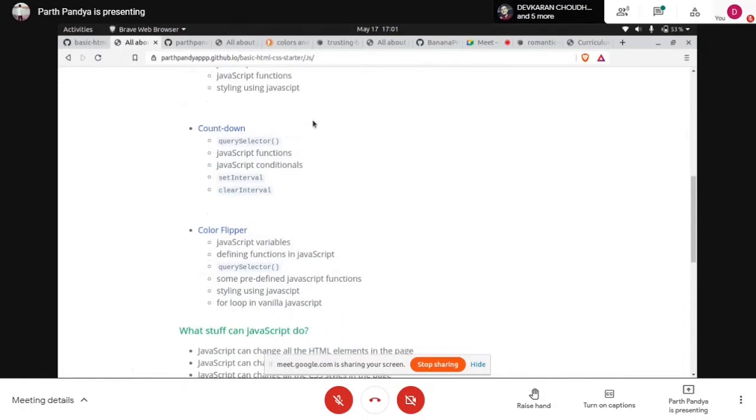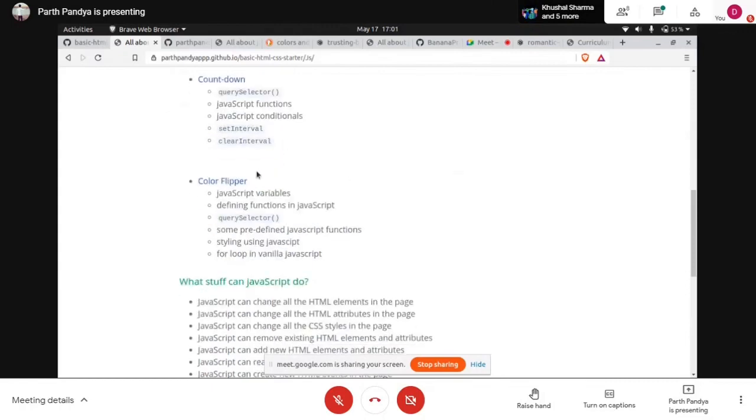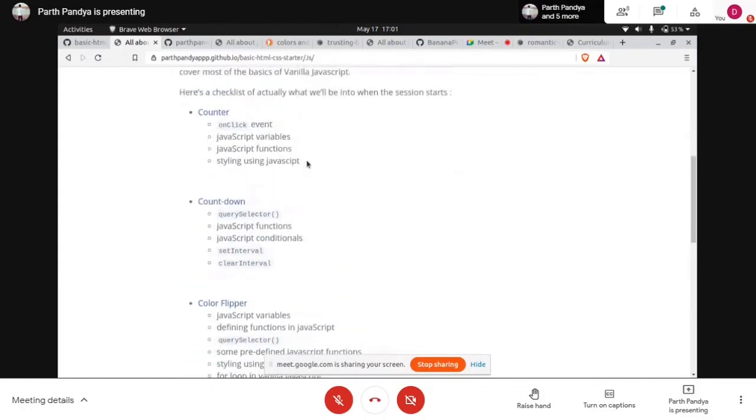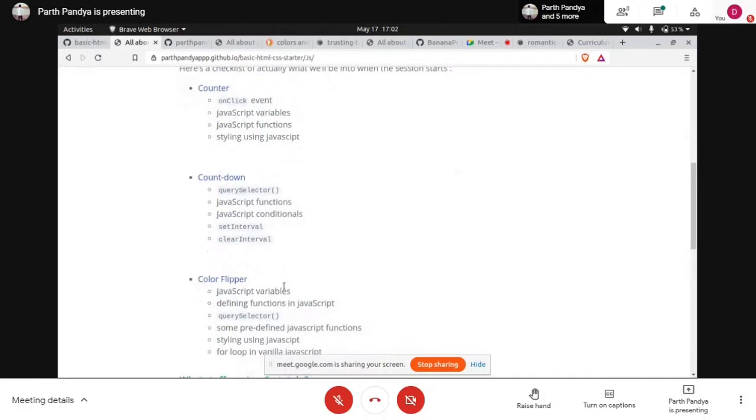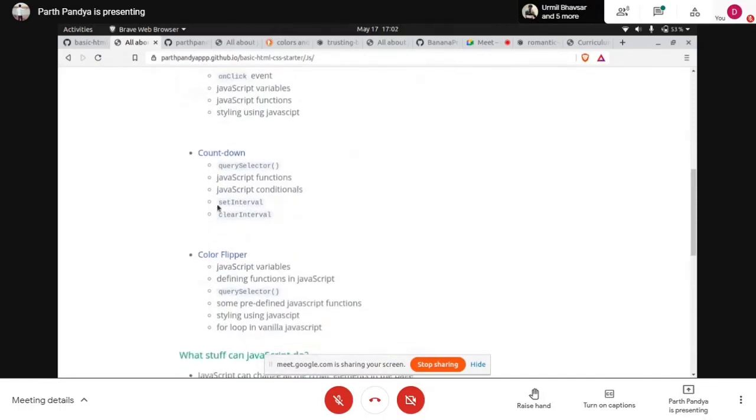Here we generally have a countdown stopwatch like thing. We have designed it already, so we'll add the behavior to that, the actual backend thing. So we are going to develop these 3 web apps using HTML, CSS, and JavaScript today. And here we are using set interval and clear interval.